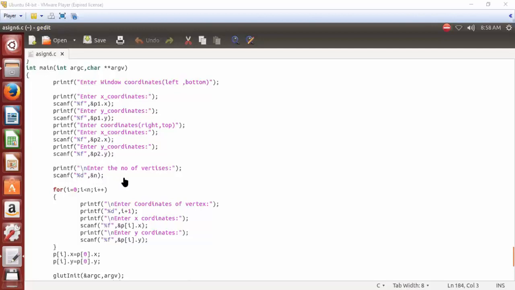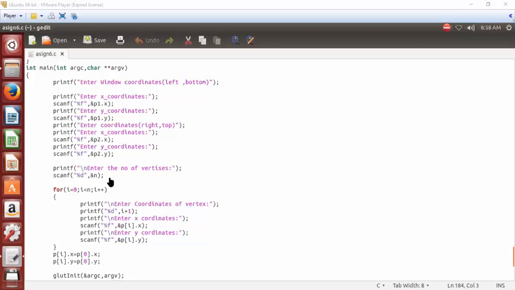Then enter the number of vertices. These vertices are for the triangle, rectangle or polygon which we are going to draw across our window, so that some part of the polygon resides outside of the window and some part comes inside, and then it will get clipped accordingly. So here we are going to enter the number of vertices.